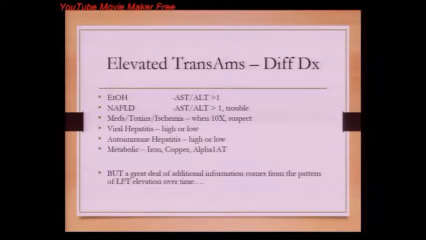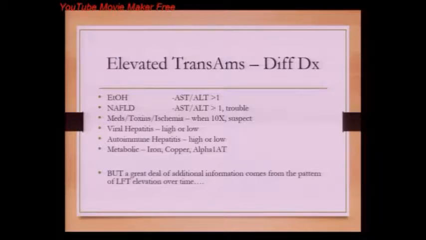We're still talking about AST here, or ALT, the two transaminases. You talk about the kinds of diseases in which they're elevated, well, they're the kinds of diseases where hepatocytes are injured. Alcohol is a big one. Oddly, the AST tends to be higher than the ALT in alcohol. Non-alcoholic fatty liver disease, if the AST is higher, it's usually more severe. But toxic, ischemic, viral, autoimmune, metabolic poisonings with iron or copper, all these things injure hepatocytes. All these things are the things that tend to elevate transaminases, and therefore, from the other way around, you see the lab with elevated transaminases. These are the things that you think about first,